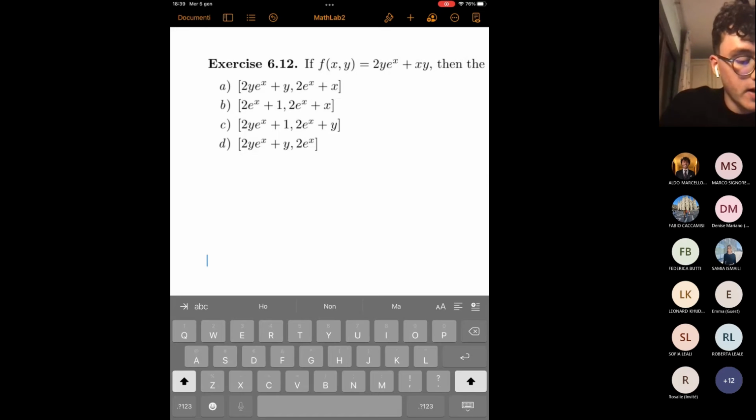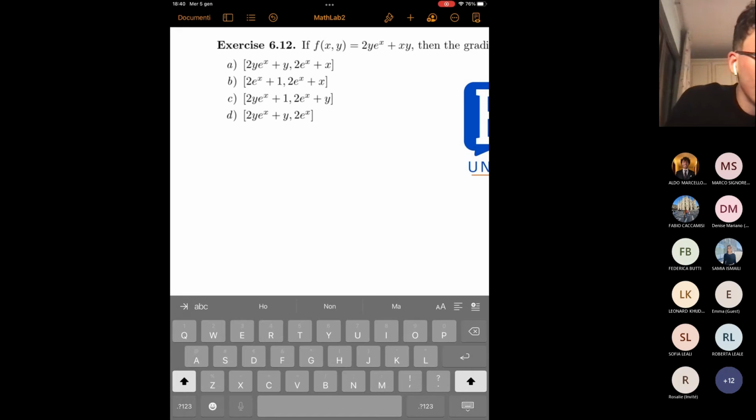So we just put 2y e to the x as the term, and so simply it becomes the derivative 2 e to the x plus the derivative of xy with respect to y, which is simply x. Because it's as saying, if we want to calculate the derivative of 3x, it's simply 3. So we have to consider this y simply as a constant number, without making any further computation. And we simply understand that the derivative of this term would be simply x.